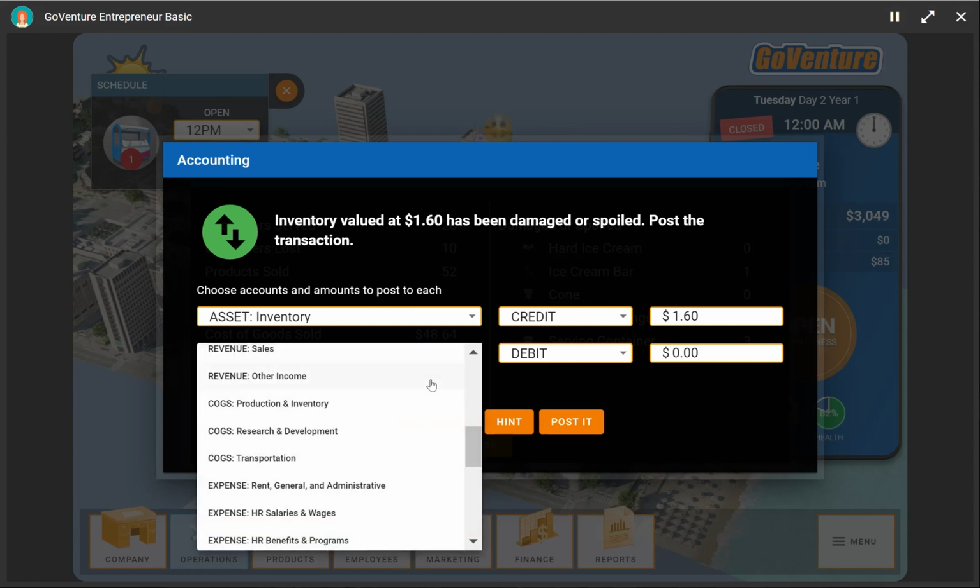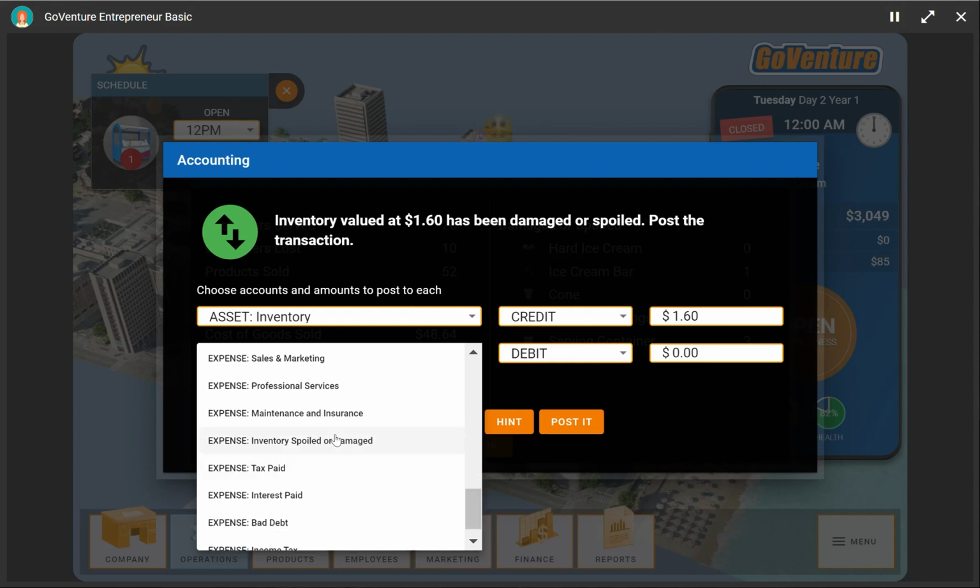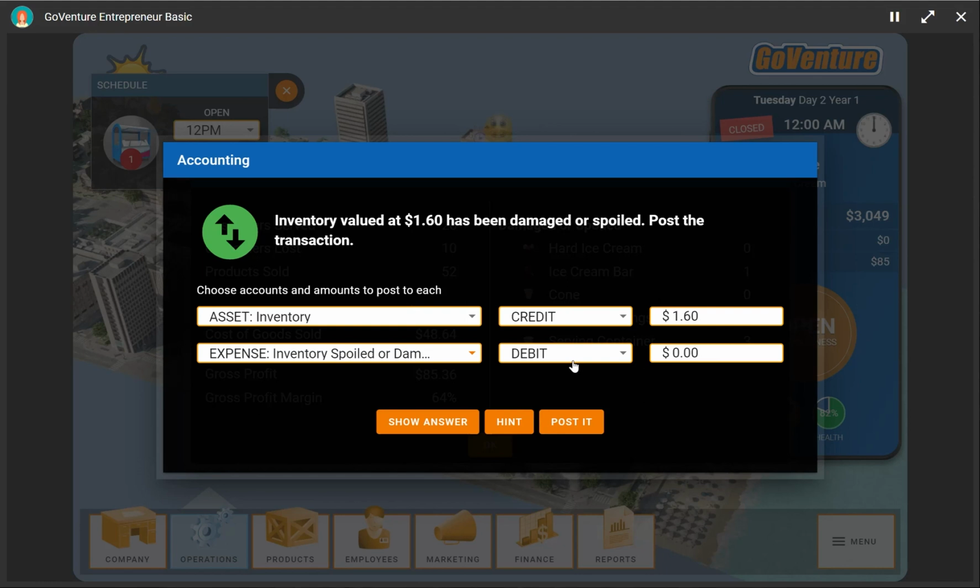And then we're going to increase an expense for inventory spoiled or damaged, and increasing the expense means debiting it for $1.60. So there's our credit and our debit, and they balance. Let's post it.